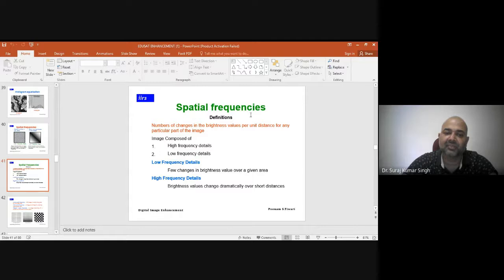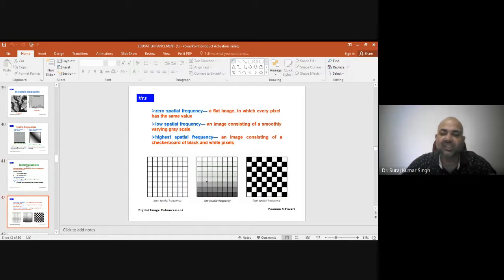Spatial frequency depends on the number of changes in the brightness value per unit distance for any particular part of an image. So what is this composed of? Either high frequency details or low frequency details. With low frequency details, there are few changes in brightness value over a given area. With high frequency, you will have very many changes.